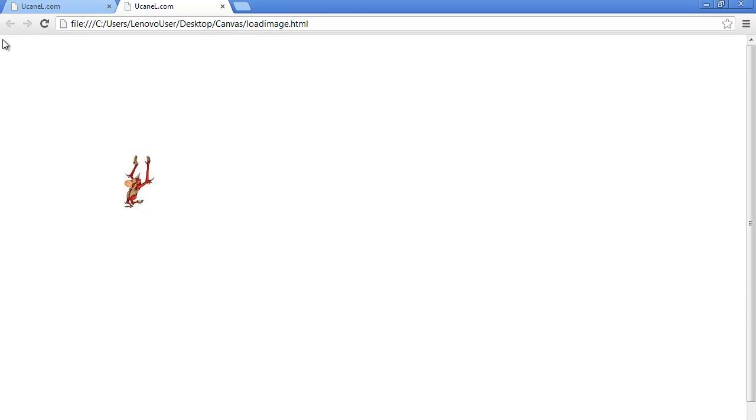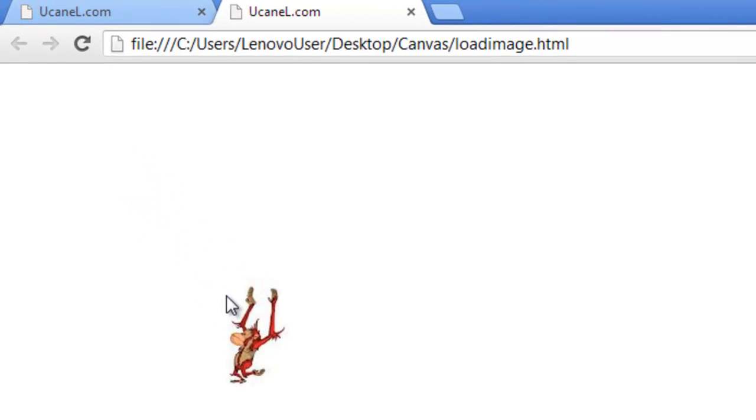The left top corner of your browser is 0, 0. So if you say 192, that means 192 from the left, then 192 down. This is the point. So this is 0, 0 at the top left corner, and this particular point is 192, 192. At this point we are rendering this image.